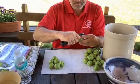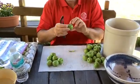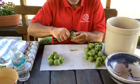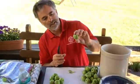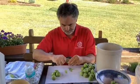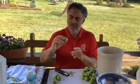You're gonna go from the stem end to the calyx end, and you're gonna do the opposite. You're gonna go from the stem end to the calyx end, and you're gonna have your peel. So one side like that, one side like the other one. You're gonna choose the next one, from the top to the calyx end, and on the opposite side from the stem end to the calyx, to finish with something like that. Now I'm peeling